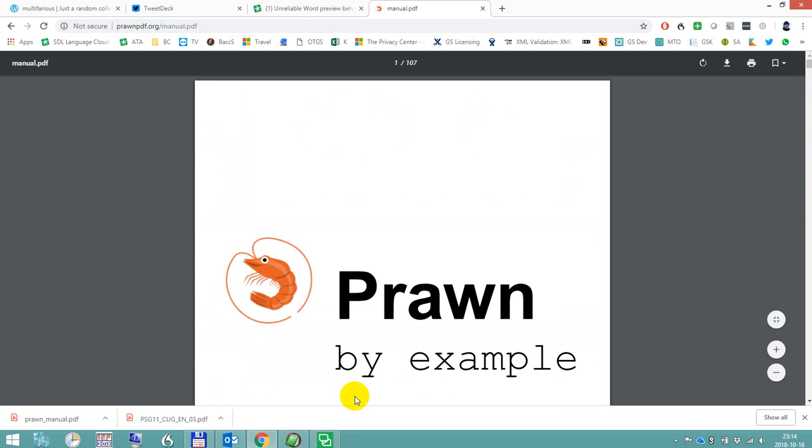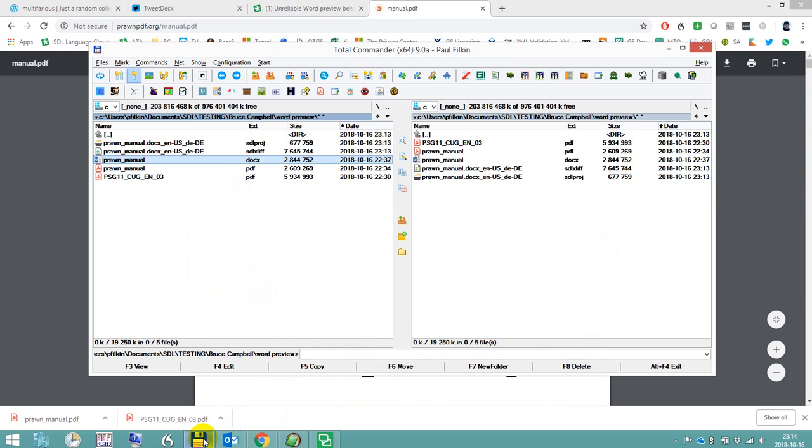So what I did was I opened the file in Studio, immediately saved it, and immediately closed it after it opened, which creates a docx file using the Iris converter, because I've got Iris configured in Studio. And that gives me this docx file that you see here, for the manual docx. And if I open this up in Word,